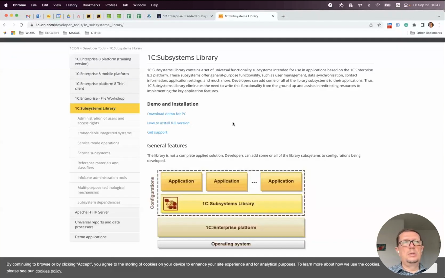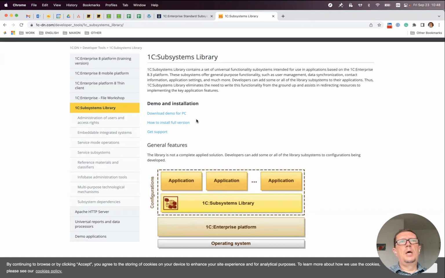There are links to download it. And the way you will receive it is just the archive with the CF configuration file inside. So you can just immediately load this file into your application or merge your application with this file. It's just a CF file. So the executable that you see in the download is just a setup application. So you click it, it's setup.exe, and it unpacks the archives and creates the CF file and DT file for the demo version of this. It's like an installer that you download first and then you run it.